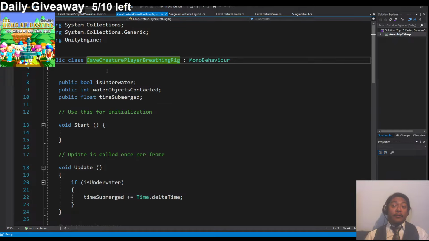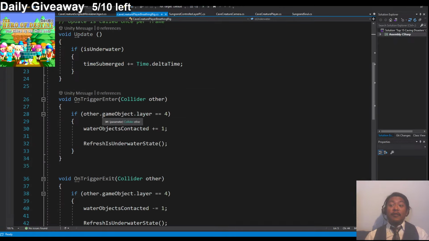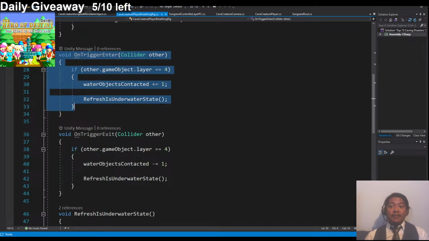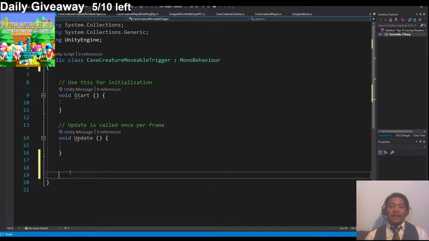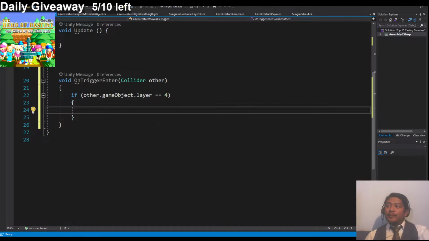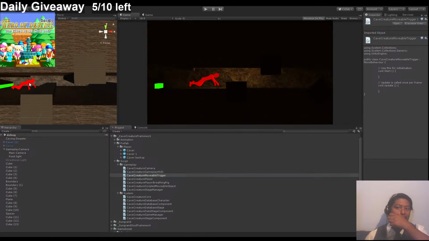But you know, if you want to make it easier on yourself, feel free to copy and paste your code as much as you want. On trigger enter, I'm just going to copy and paste that. See, it just saves me a little bit of typing. Just take out the logic there. Okay, so we want the logic. We want to check